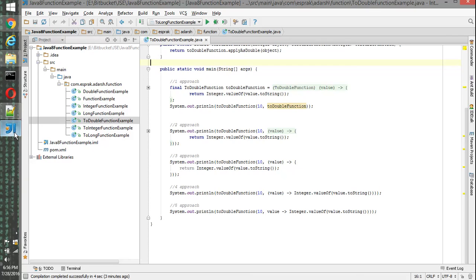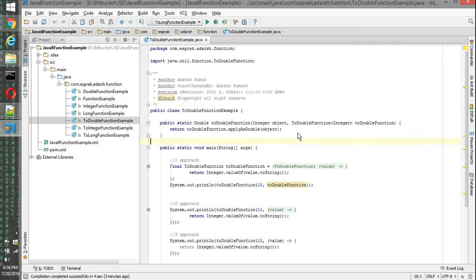I have done some sample examples, and I'm going to take you through those examples.